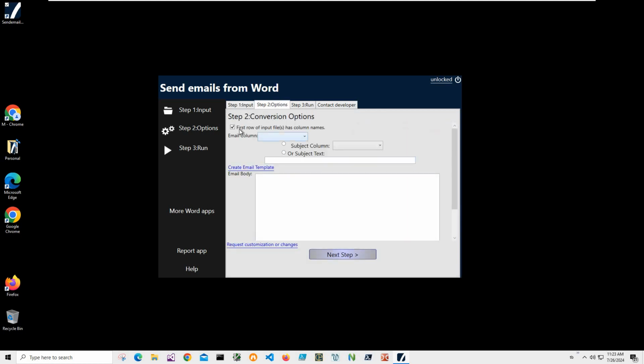Click on next step. On this step, if the first row of the table has column names, which is true in my case, I'll keep it checked. Here I can specify the email column, and here I can specify the subject column or text. I want to specify subject text, but I want to include some data from the table. So if I click on this create email template link, it will automatically create a template with all columns from my table. If you have different tables, different columns, it will be different, but for this I can use, for example,